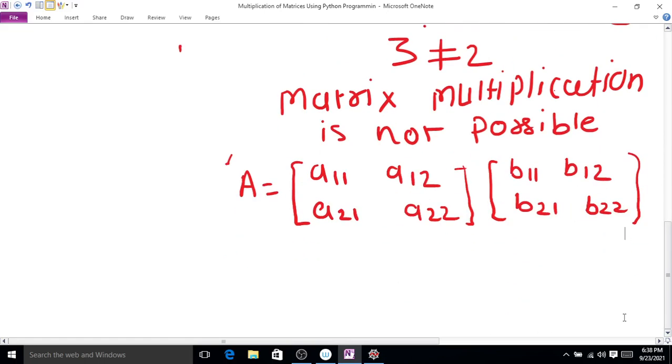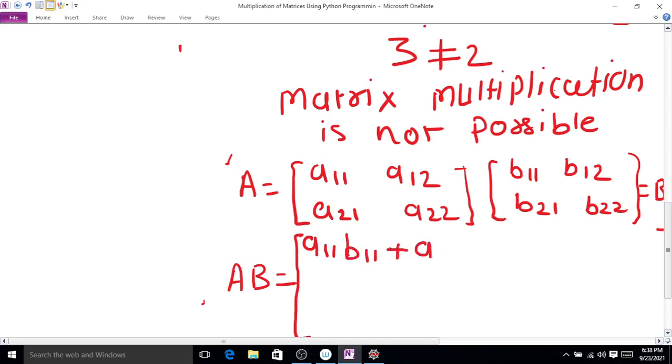Now here matrix multiplication is possible, and the matrix multiplication AB is equal to A11 into B11 plus A12 into B21. So here you can observe that this A11 and B11 share the index 1, and